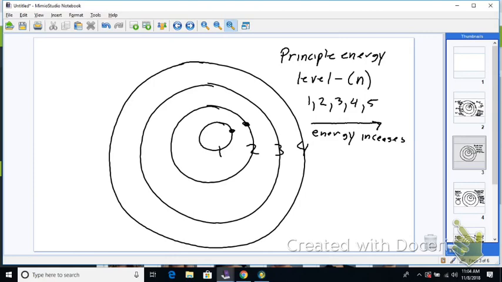Now, we can actually calculate that. We're not ever going to do that, but in AP chemistry we do calculate what that's going to be in relationship to one another, because there's a formula that you can use to calculate it. And you're not going to do it. Okay, so now,